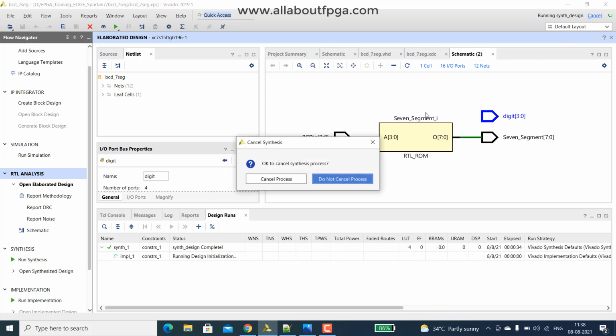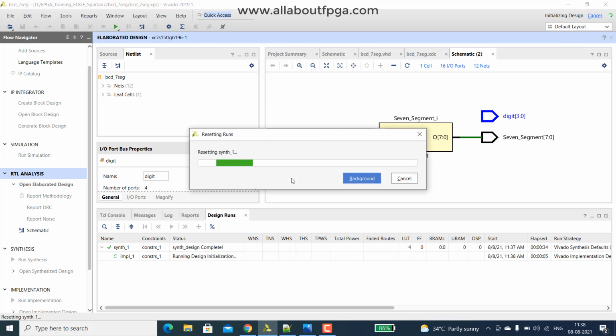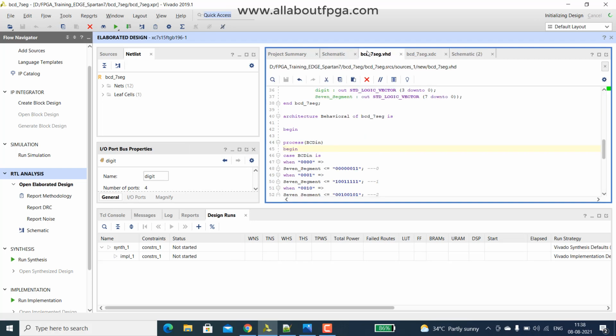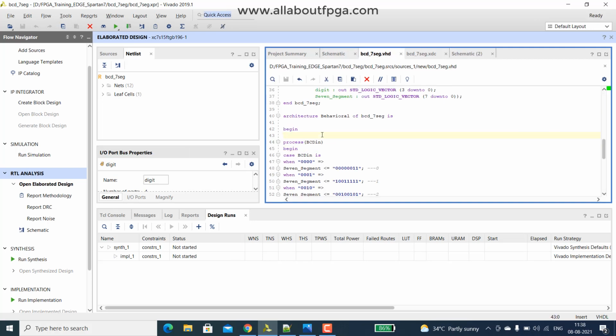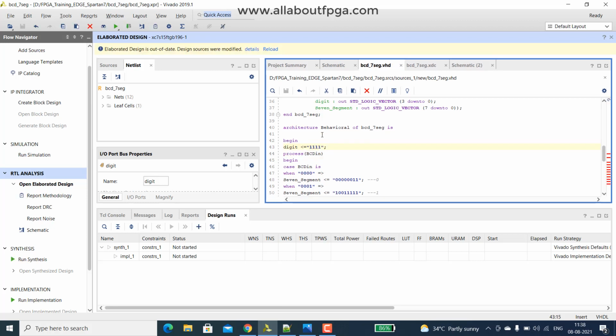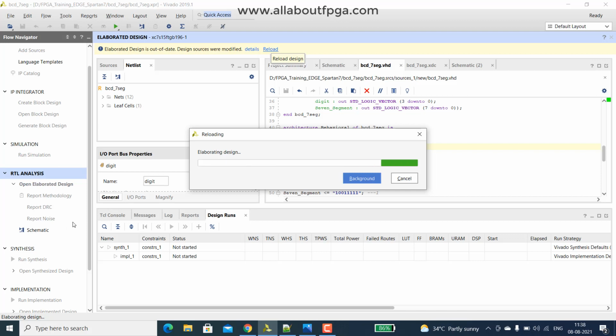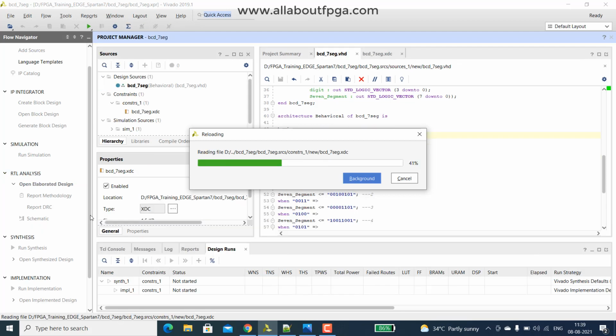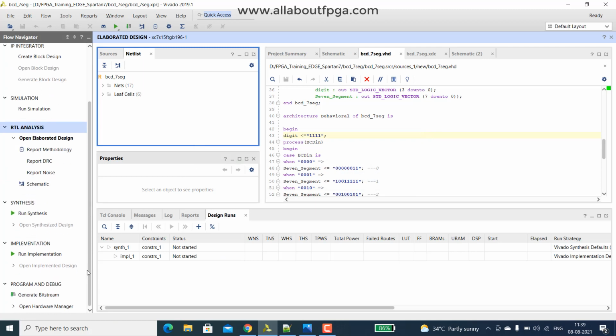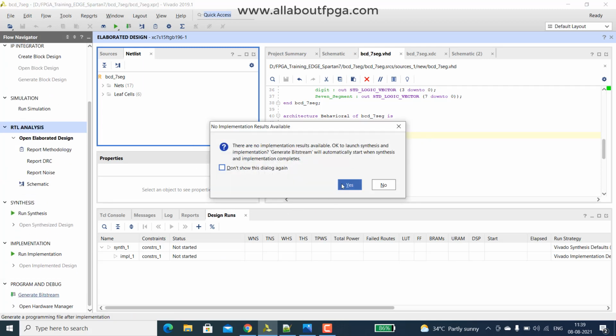I cancel that synthesis step and assign that digit with enable. So we can declare digit as high. We are enabling all the 4 digits. Save. So the same data will be displayed on all 4 digits. So just reload this and again do the generate bitstream.